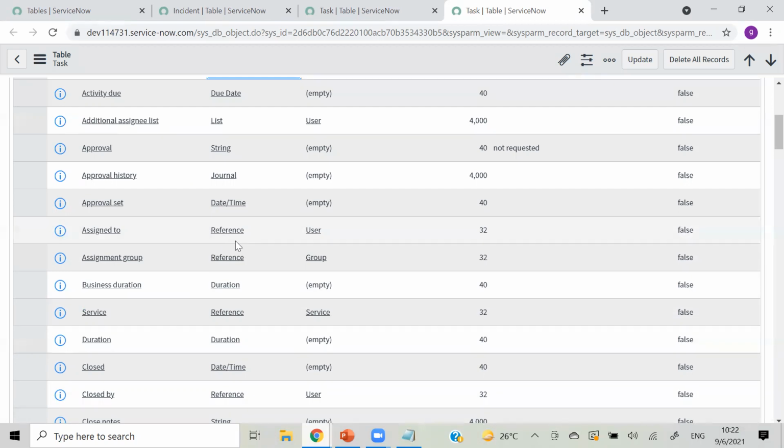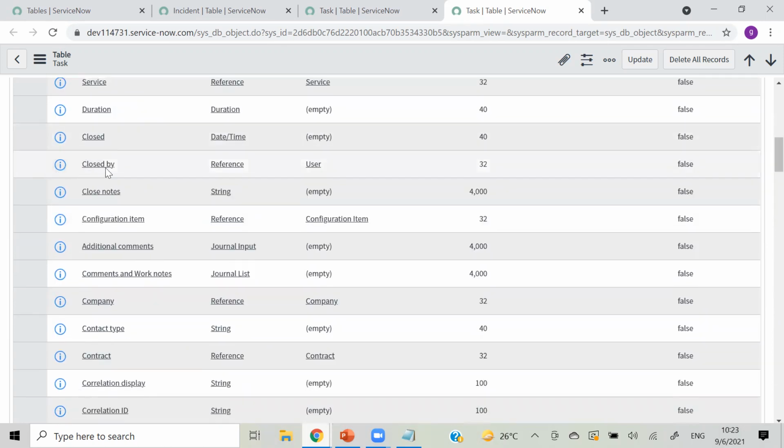We will talk about what a reference field is and how we can create one. Same with assignment group, that is also a reference field, and it will pull the data of groups. Assigned to will pull the data from users. We will see this while creating fields. Then we have closed, that is a date time, the time it got closed. Then closed by, also a reference field, and closed by will be a user.